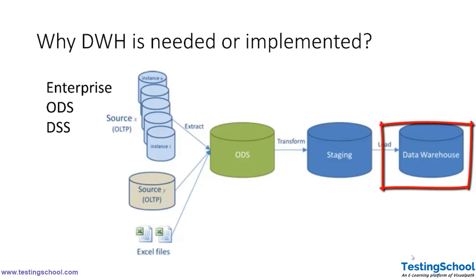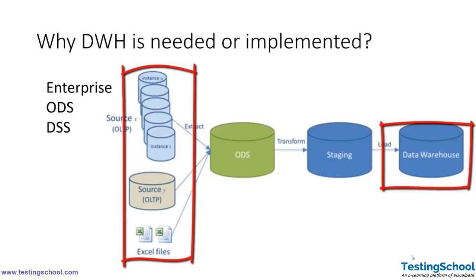That is one of the reasons why a data warehouse is implemented, right? Now, a data warehouse is also called DSS, which is nothing but decision support system, because we use a data warehouse to make decisions by understanding the data which is present in the data warehouse from multiple branches within the enterprise,